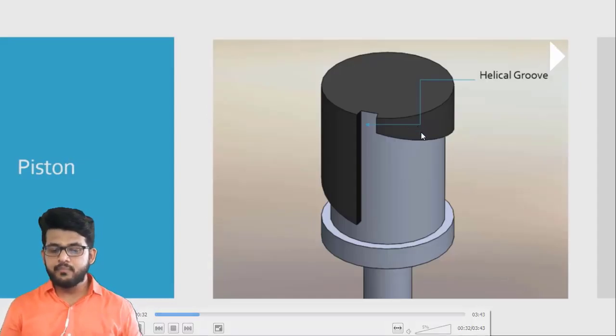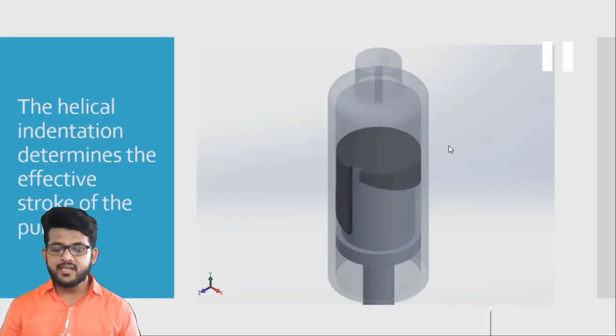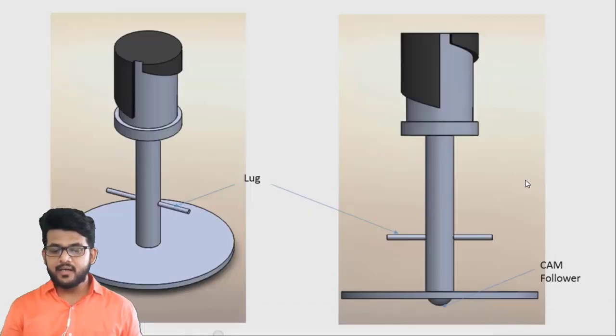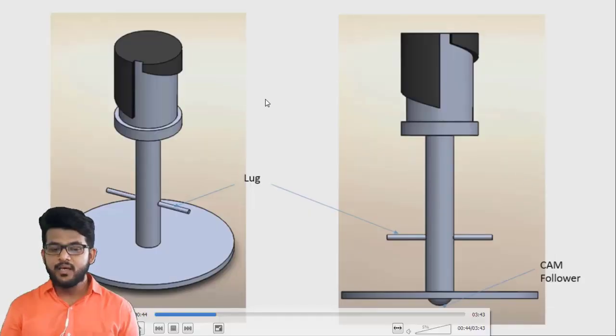This is our main piston, which is reciprocating inside the cylinder. You can see this is a helical piston. Why is it helical? Because this groove is cut into the piston. So it is our helical piston. These are the two views, how it looks in 3D and 2D. In 3D you can see it clearly, and in 2D from the front side you can see its working from here.